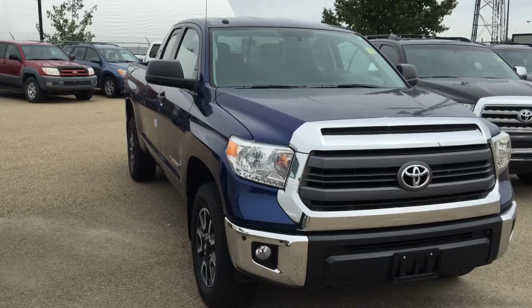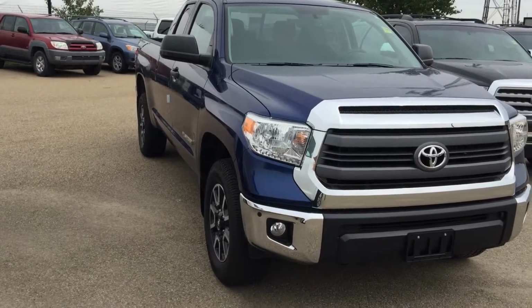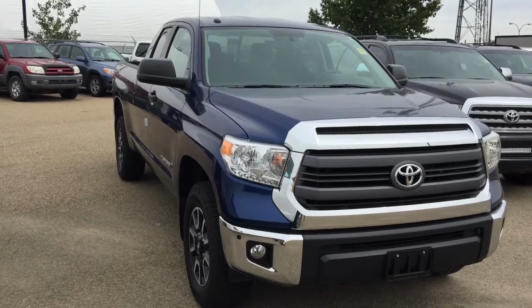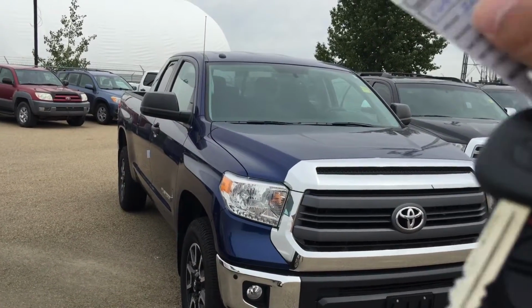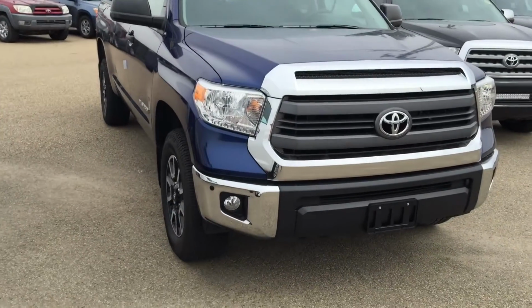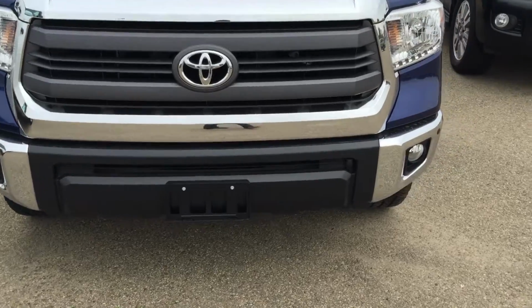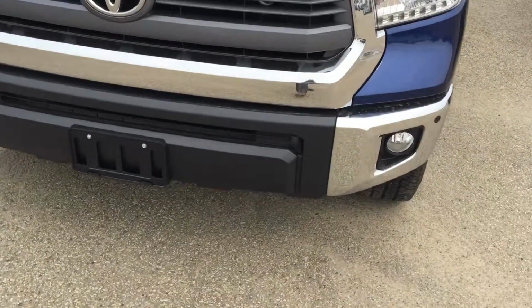Today I would like to present you a 2014 Toyota Tundra TRD Off-Road Package, blue in color. This is the unit. This unit also comes with two sets of keys for the keyless entry as well. Let's have a look. This unit does have sensors on both corners, fog light,